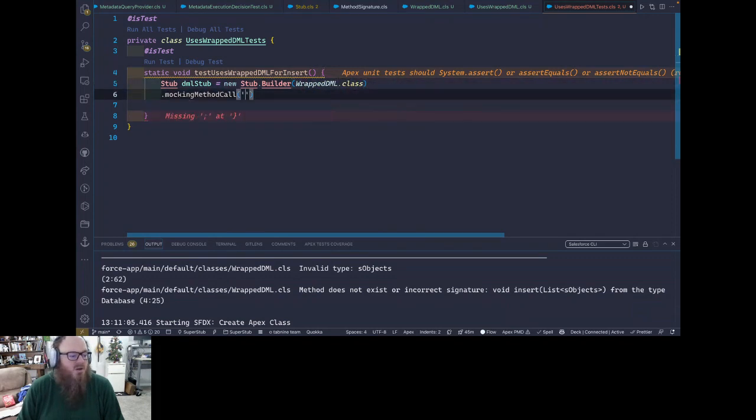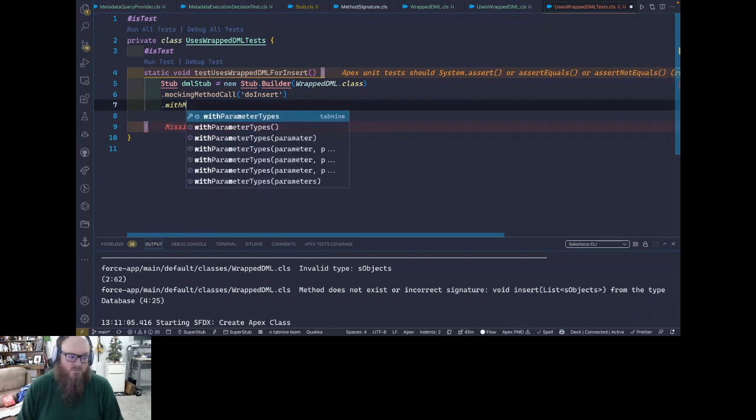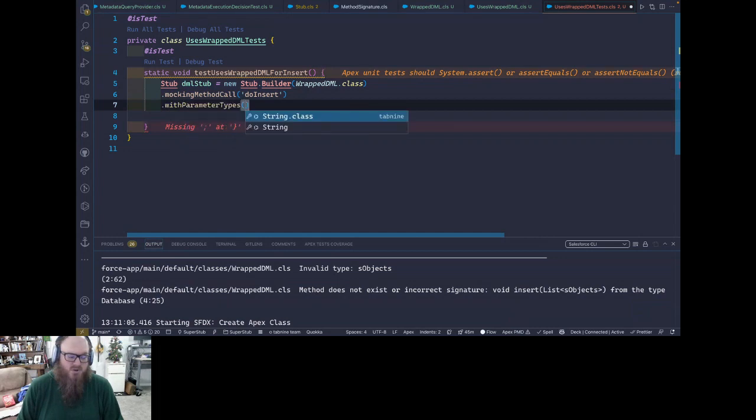And we're going to do mocking method call do insert, and we're going to do with parameter types, and this is going to be a list of SObject class,